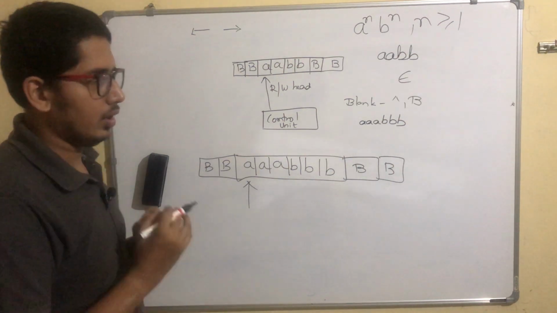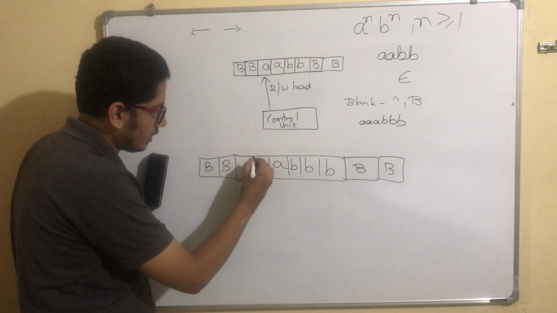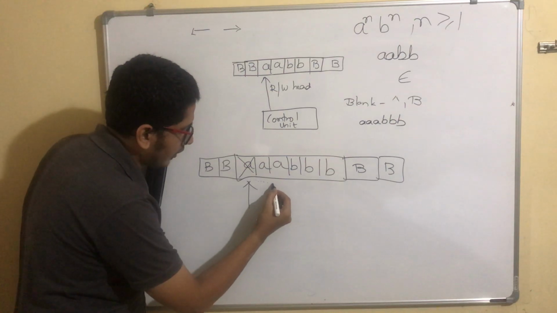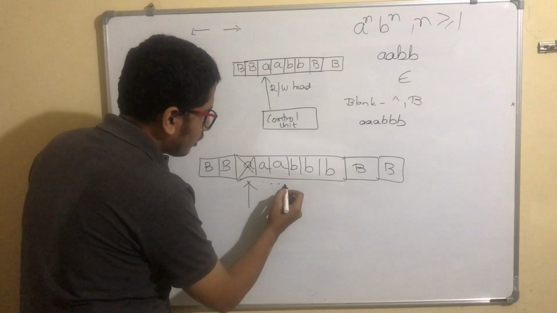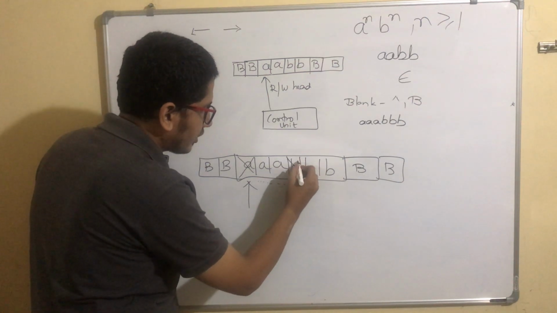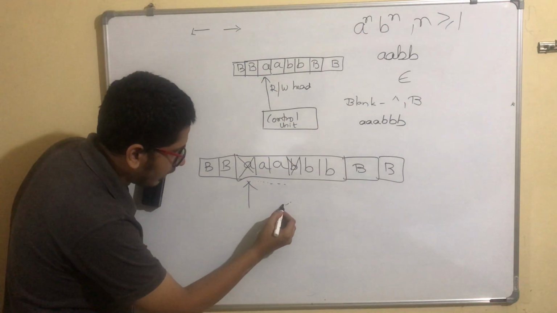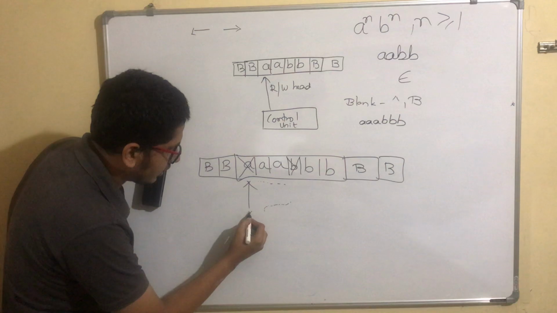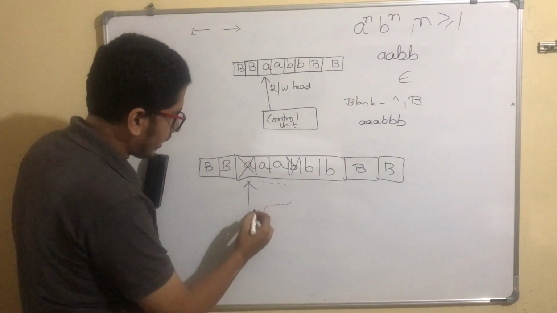Now it starts again. When it sees the first A, it marks it as seen, X, then it moves right. On the way there can be any number of A's; it will not do anything to them, it will just move. Whenever it sees the first B, it will mark it as Y, then start moving left. While moving left there can be any number of B's; it will come till the X, till here. Then again it moves right.